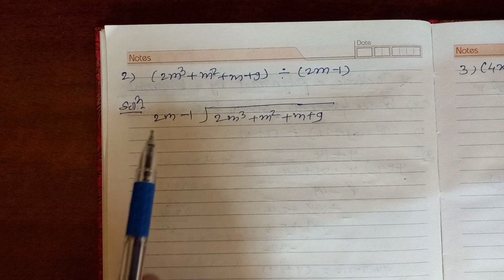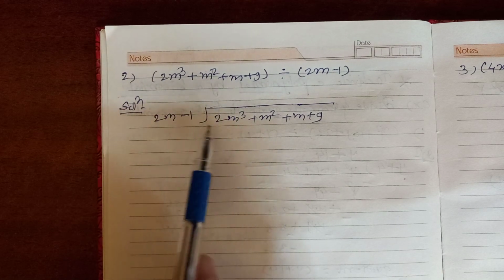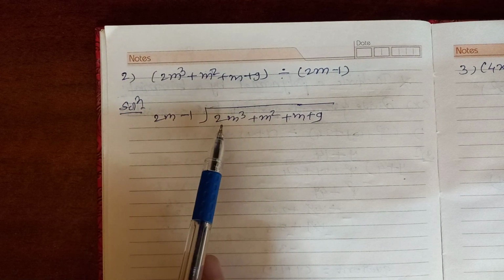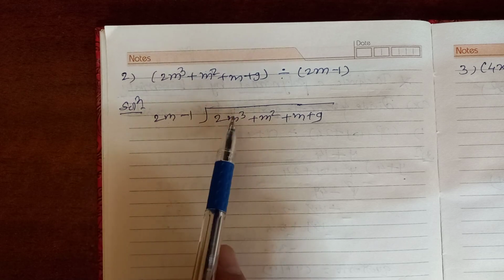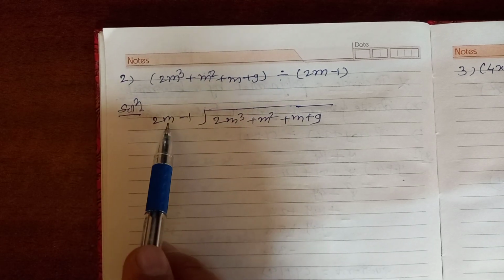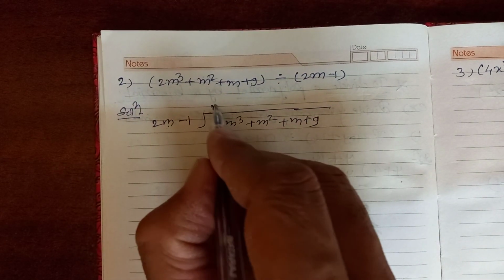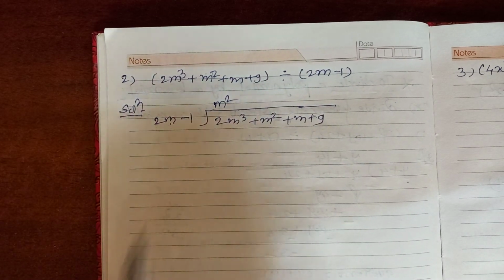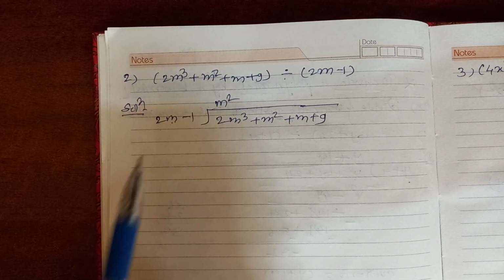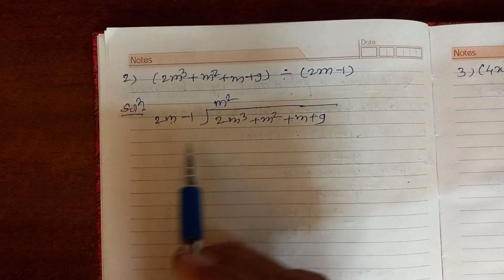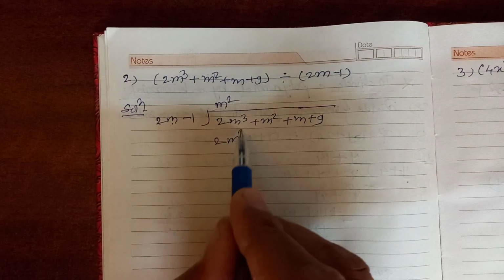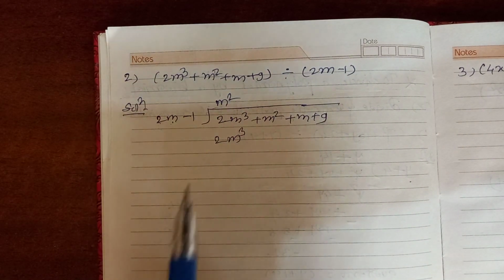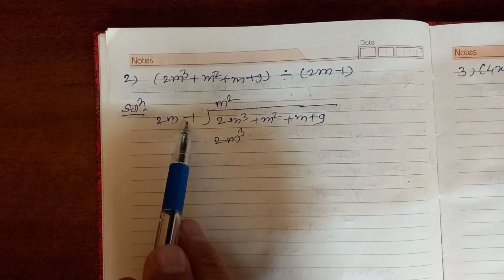Now again observe the first term here and here, 2 is the same, no need to adjust the number. Here m, here m cube, means you have to multiply this m by m square, only the variable part, because the coefficients are the same, so no need to adjust. Multiply m square into 2m, we know it is 2m cube,